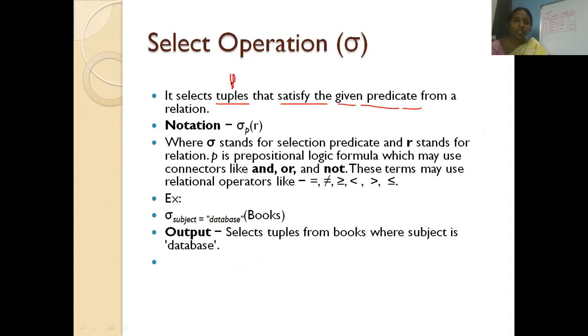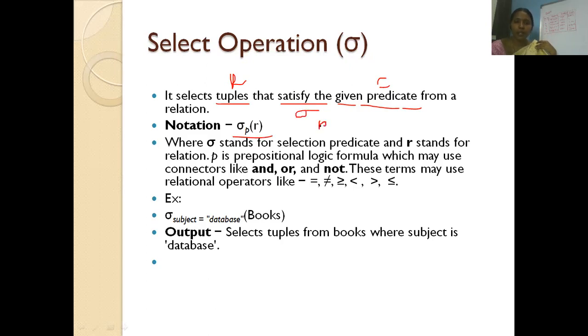Here a tuple is nothing but a row of a table, whereas a predicate is nothing but a condition. Whatever condition you specify, based on that condition it will select the rows from a table. The notation of this is sigma.